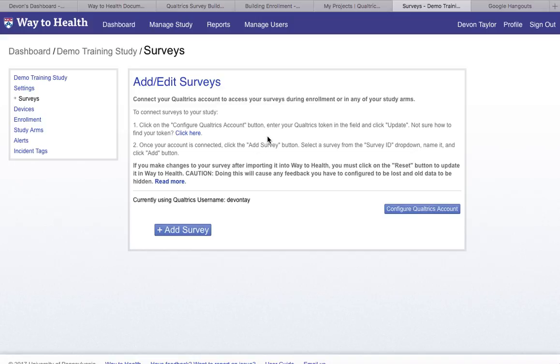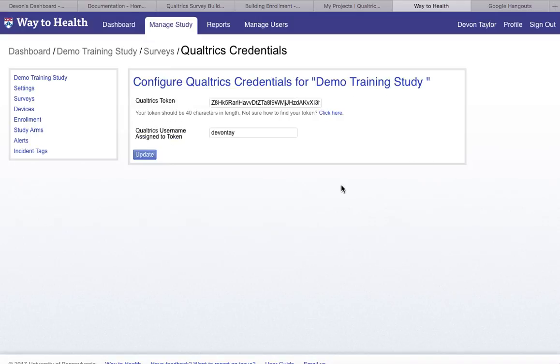So you'll go to the surveys tab, and it's going to say configure a Qualtrics account. And it should ask you for your Qualtrics token. So you're actually going to have to go back to Qualtrics and get this token. So I will show you how to do that. In a new tab,